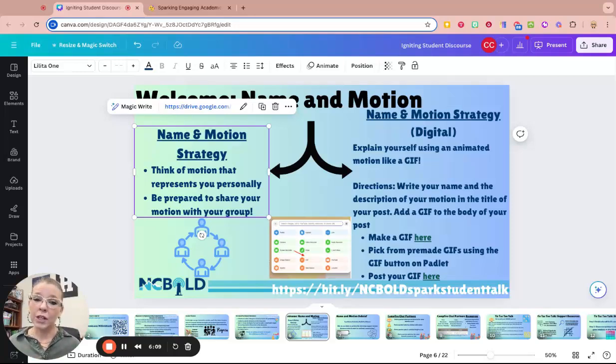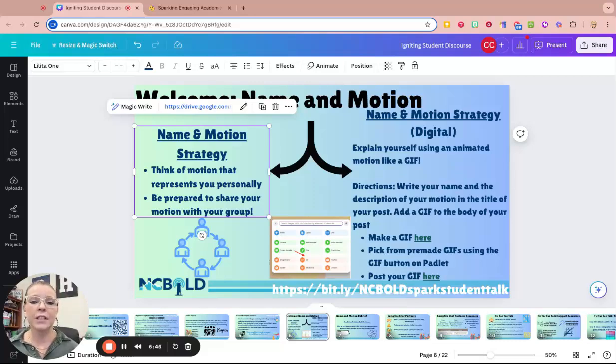So you're going to circle your kids up. If you have a large class, you might want to split your kids into two circles. The first thing that you're going to ask them to do is think of a motion that represents them. So if they like to play baseball, maybe their motion is a baseball bat. If they like basketball, maybe they're shooting hoops. If they like to read a book, maybe a book is their motion. If they like to take naps, maybe a nap is their motion. But think of a motion that represents them. So give them a minute or two to do that.